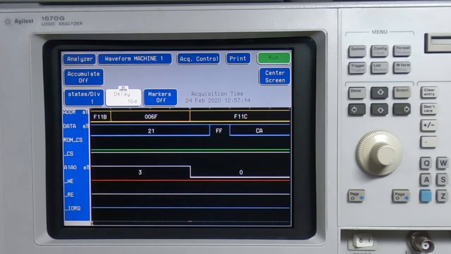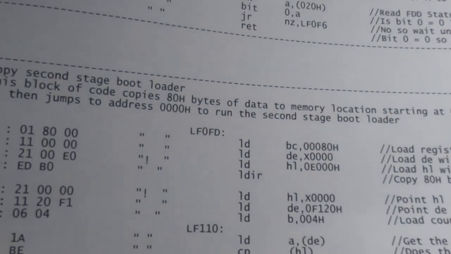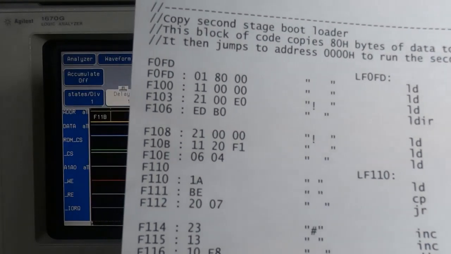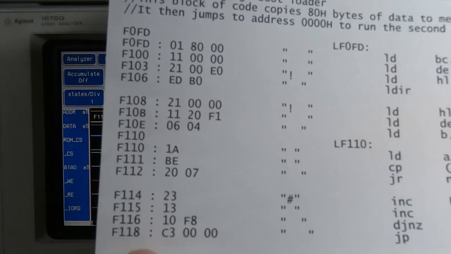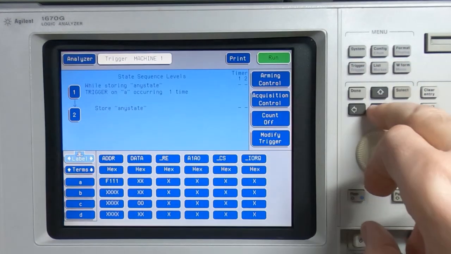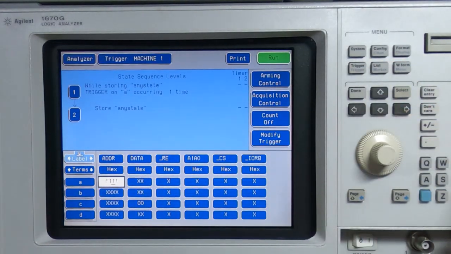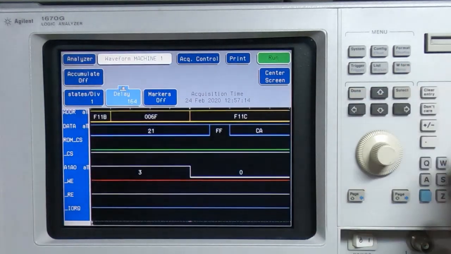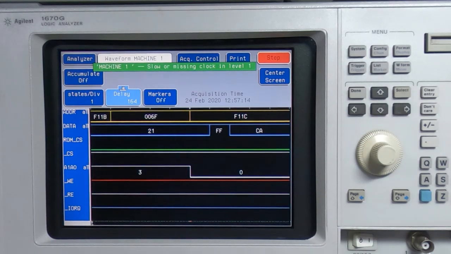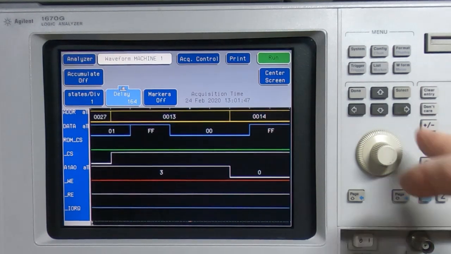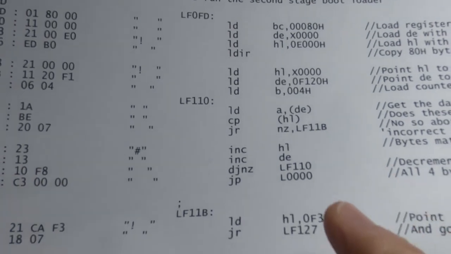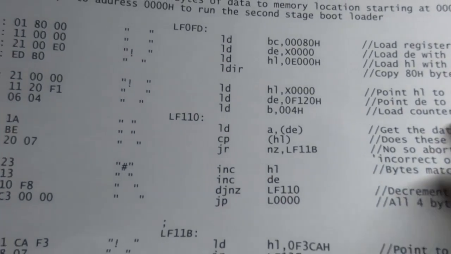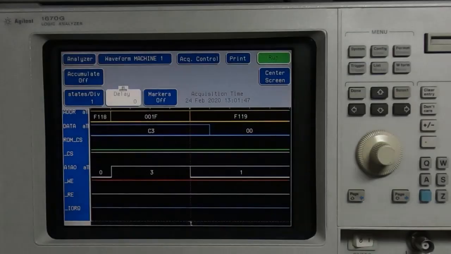So that's now fitted, and what we'll do now is the same test, but to save a bit of time I suspect we're going to succeed on this occasion, and so I'm going to program in the address of F118. I'll actually put in F119. On the analyzer, and I'll now turn on the MIMI, and as you can see this time we have succeeded in passing this part of the test. However, I suspect this is not a solution. This was just a proof of concept to see if this is why it was failing,